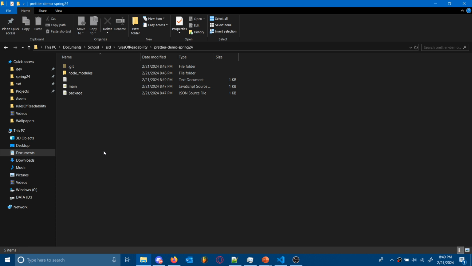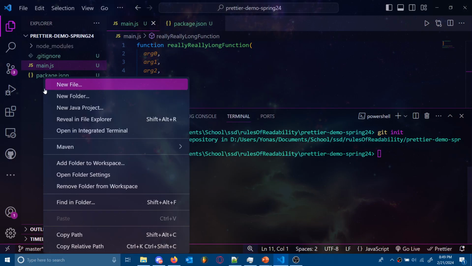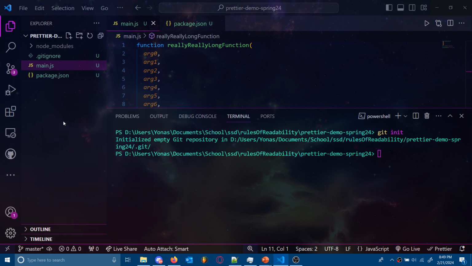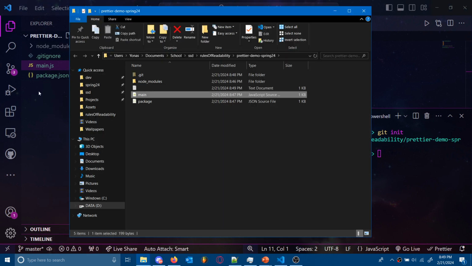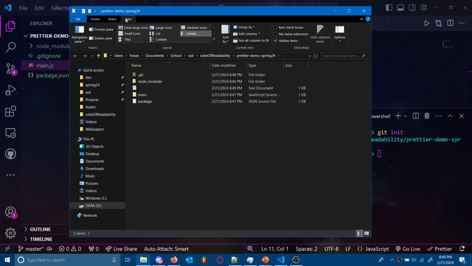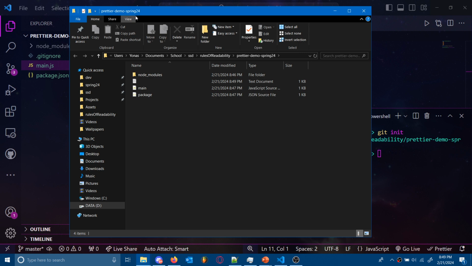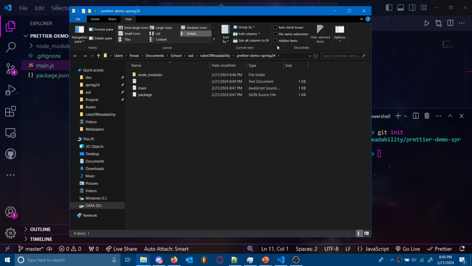On Windows, what you can do is open up your folder in File Explorer. So you can right click from right here in Code, hit reveal in File Explorer. And if you want to see the hidden files, what you'll need to do is come over to View, and then check the hidden items box, and you'll see a folder that says .git. So now we can come in here, and we've got